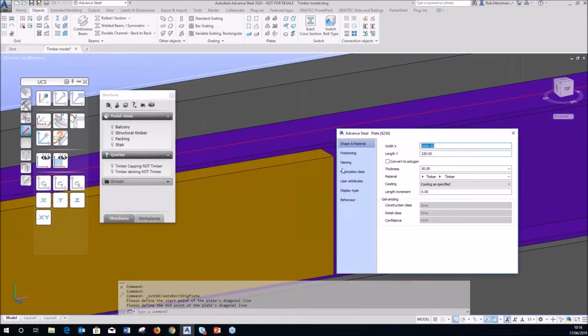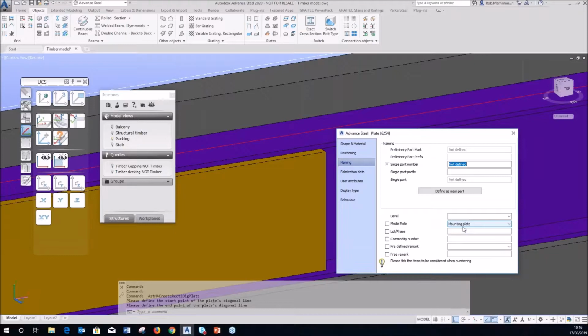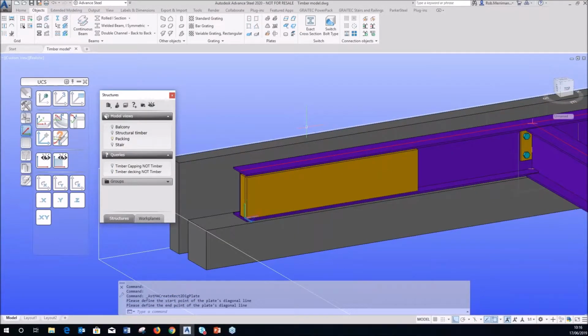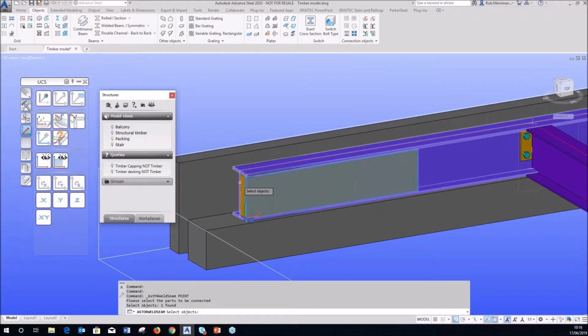And we're just going to recreate that, and we'll make this one 20 thick. And again, we'll call that mounting plate. Now to get these to show, what a lot of people have told me and what a lot of my clients have done in the past is they don't want to bolt these items on. They actually want to shot fire them. So they just want a note. They just want this to show on the assembly drawing. So I'm actually just going to weld them